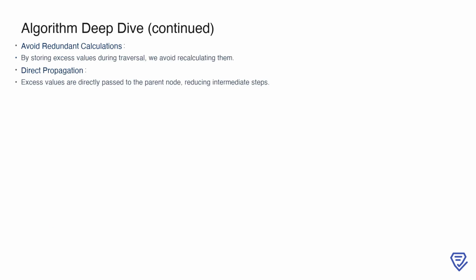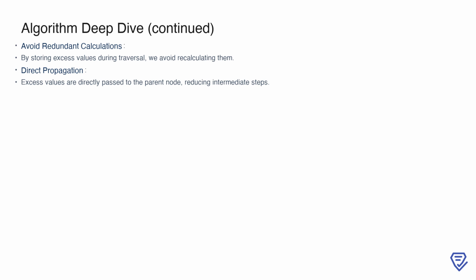To optimize the algorithm further, we can take advantage of a few strategies. First, we avoid redundant calculations by storing excess values during traversal. This ensures that we don't recompute the same values multiple times. Additionally, excess values are directly propagated to the parent node without any intermediate steps, which simplifies the redistribution process and reduces overhead. These optimizations help maintain the efficiency of the algorithm, ensuring that we achieve the minimum number of moves